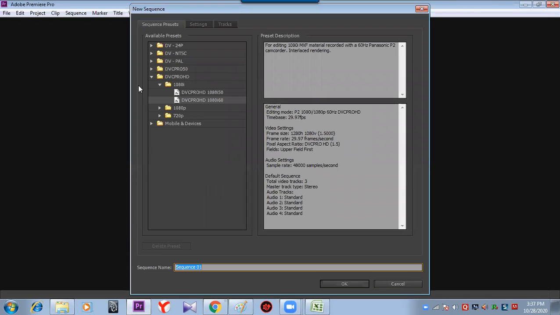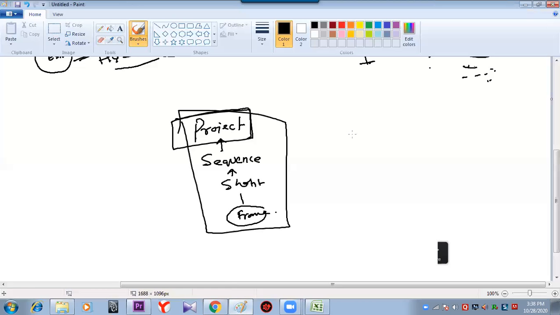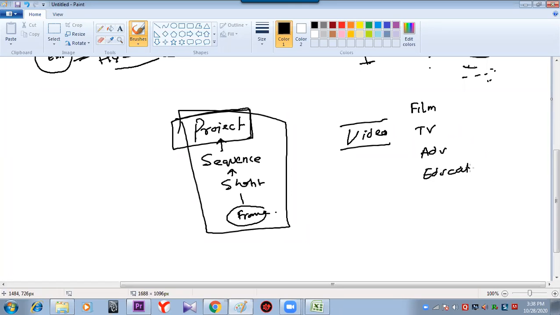As we got to know, Premiere is used in various sectors. Before starting any software, there are a few questions: why to learn this software, where the software is used, what things can be done with it. To that question's answer, yes, Premiere works inside the video industry, like video in the sense of film, television, advertisement, education, and media. So this is a bigger sector now.